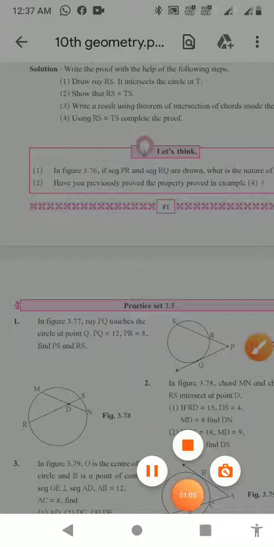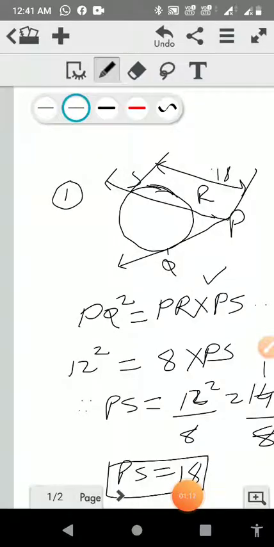Now we will use our board for the solution of such questions. In this question, I'm drawing the diagram: PQ is the tangent and PS is the secant, which intersects the circle at points R and S. The value of PQ is given as 12 units, PR is given as 8 units, and we have to find PS and RS. One line is a secant and another is a tangent, so according to the tangent secant segment theorem,